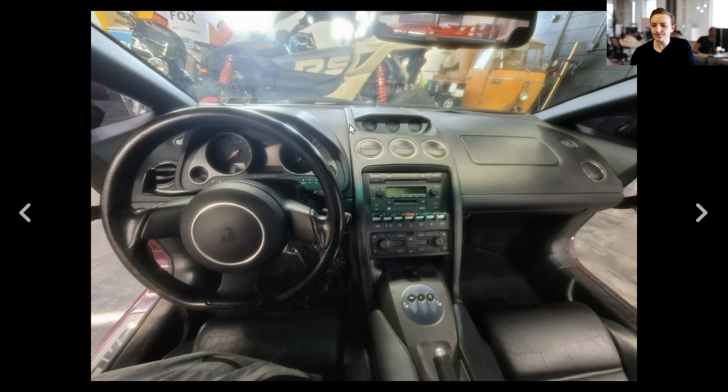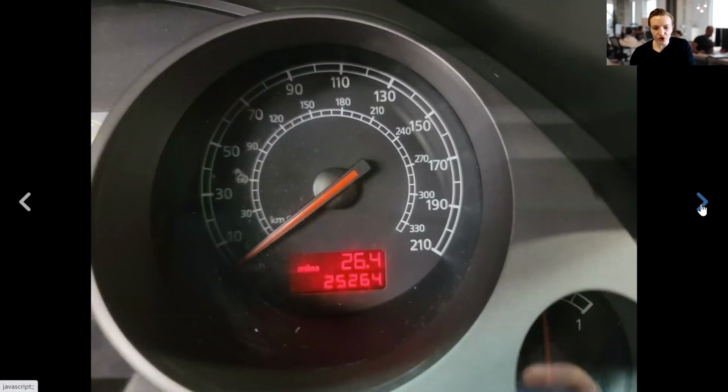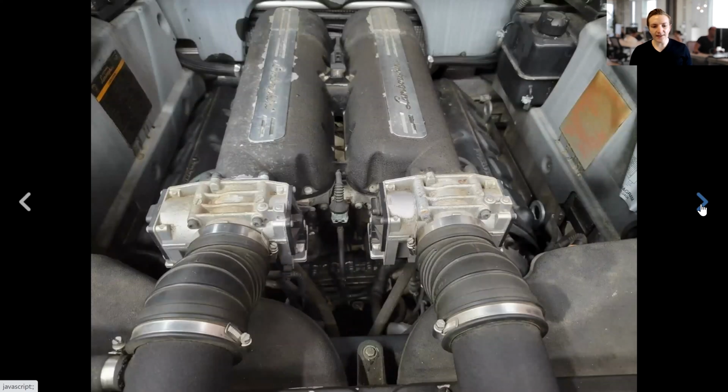Again, weird. Now, if we continue on, this is another interior view. Not very much to say about this. In terms of the odometer, it seems like it has 25,000 miles. I'm going to assume that these are genuine miles, although if I'm incorrect there, let me know in the comments below. So we're talking about 50,000 kilometers, which is reasonably low mileage, if we're totally honest, for a car of this age. The engine is a...